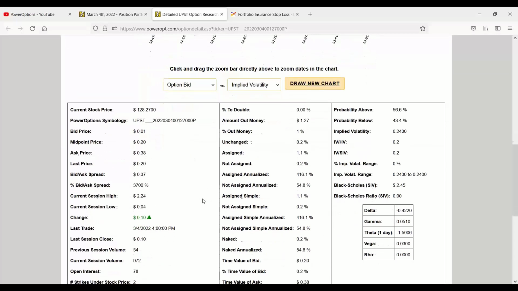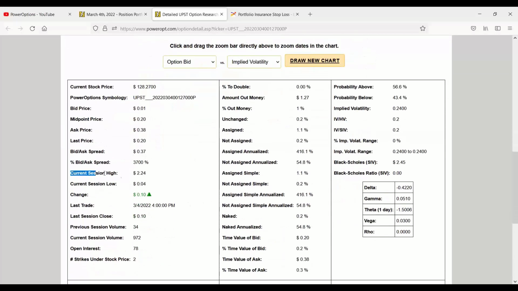And how do I know that? Because what this page also shows you is the current session high and current session low. At some point this morning, or some point during the trading day at least, the low point for this option was 4 cents. And you see here at the close, right around that 4 o'clock, bid of 1, ask of 38, midpoint of 20. If I had collected 70 cents for it, and I saw a chance yesterday to close it for that